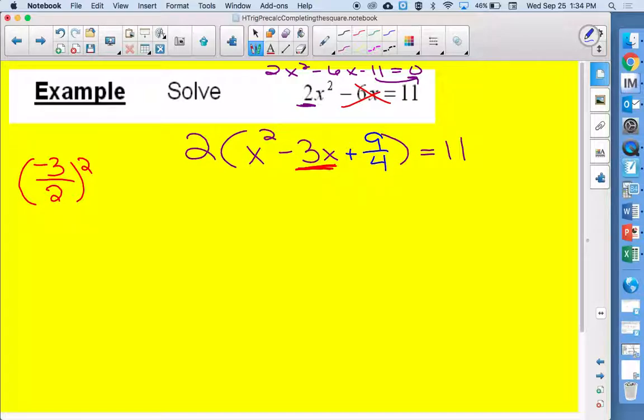A fraction has a top and a bottom. Treat them separately. Do the same thing to both, just like an equation has a left and a right, do the same thing to both. Now, here's the question. What number do you place on the other side? Because it isn't 9/4. Because it has to